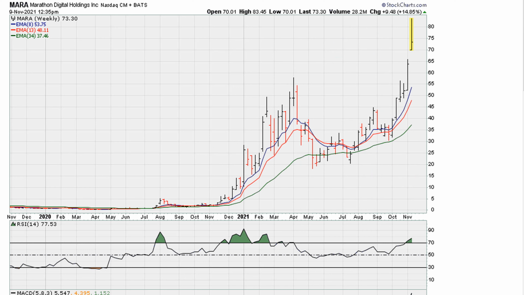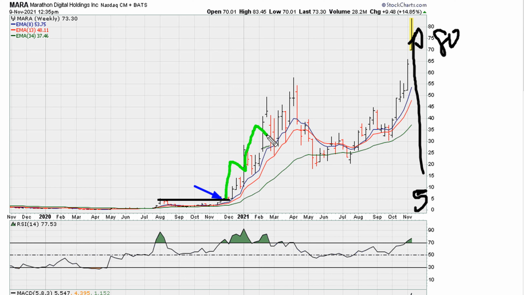Now, trust me, some institution somewhere has been holding on to this stock since this first breakout here. This is in late 2020. So a year ago, they're still holding. What's the rush? And the only way you can own something from 5 all the way to 80, the only way, you have to persevere the test of time and nerves. That's the only way.